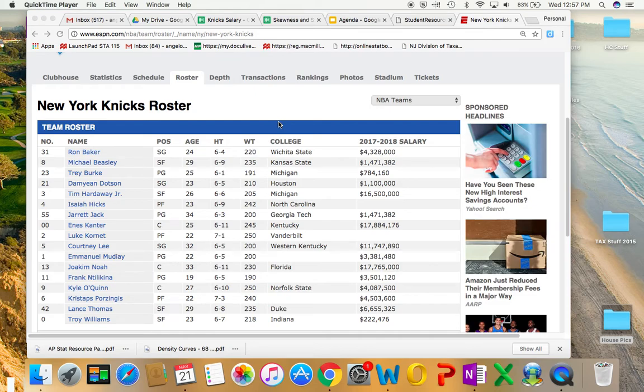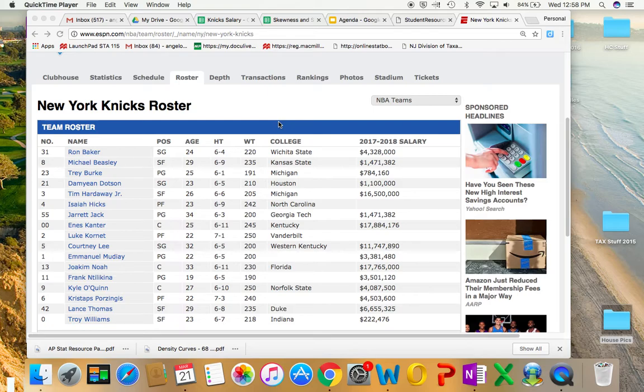In this lesson, we're going to take a look at using density curves. We're also going to look at the 68, 95, 99.7 rule. We're also going to take a look at using z-scores. But before we get started, let's do a quick recap of the shape of a distribution and five-number summary and